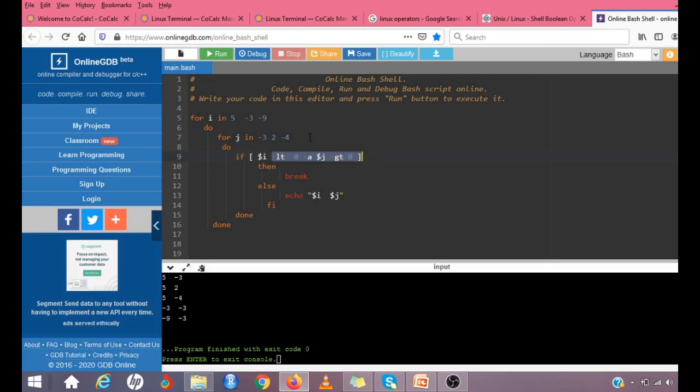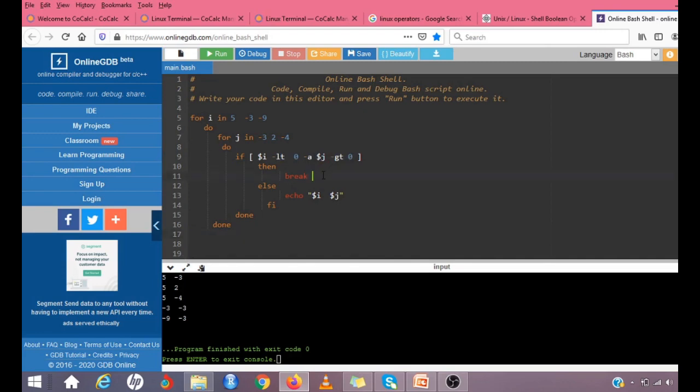So the remaining values will not be verified. It will go to the next value of i, that is minus 9. Then minus 9 minus 3 gets printed, and at minus 9 2 the condition is satisfied, so it will come out of the loop. And i doesn't have any other value, so it comes out of that. So when I just give a break, you can see that these 5 values will be printed.